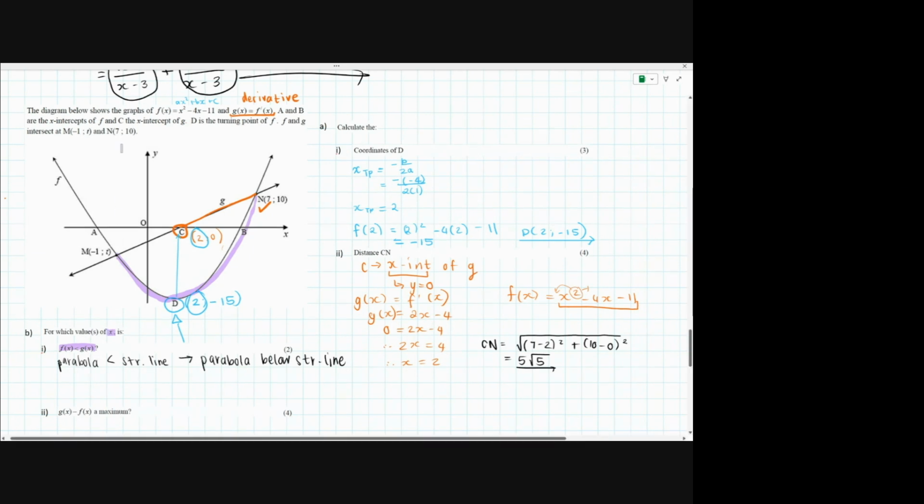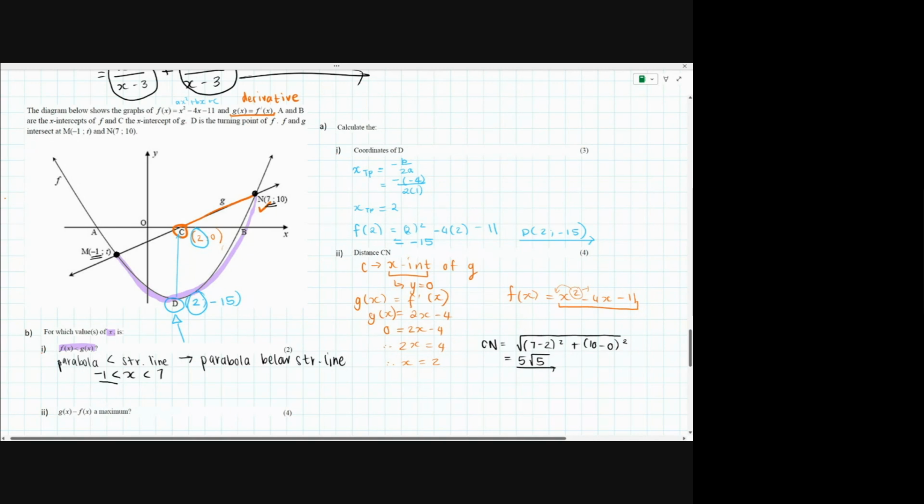Now remember, we're looking for values of x. And remember I said in the last question, oftentimes points of intersection, intercepts with your axes, are going to be the defining boundaries of these inequalities. So look at that. Point of intersection at M, point of intersection at N. Those are the two boundary points of this inequality. So we know that the x value at M is -1 and the x value at N is 7. We just chuck that in. Always write it from smallest to biggest. So -1, 7. Put the x in the middle and